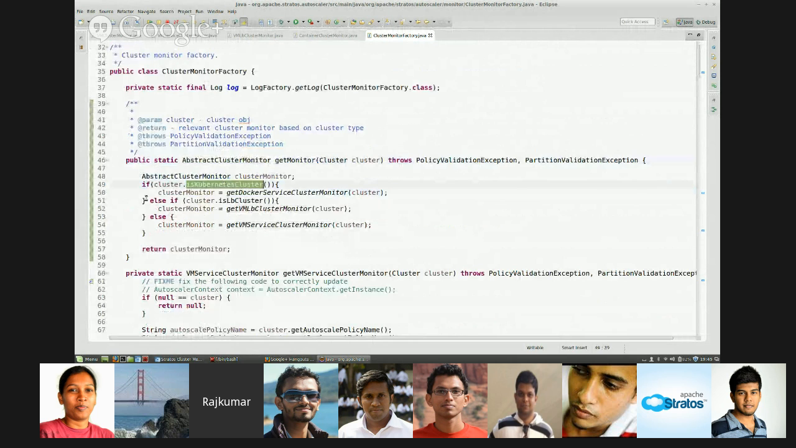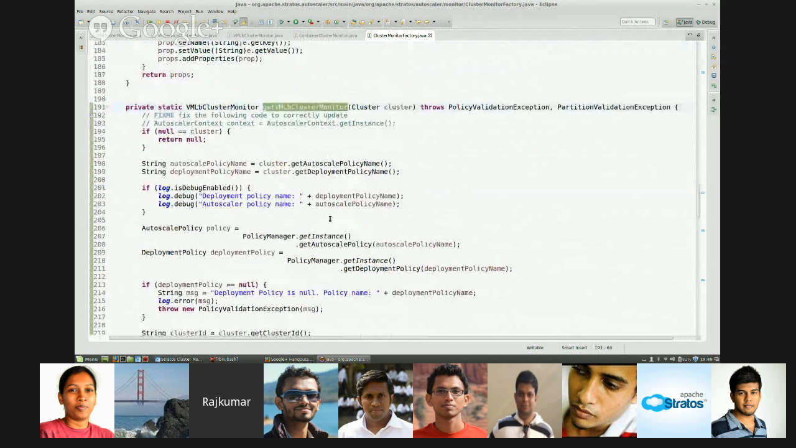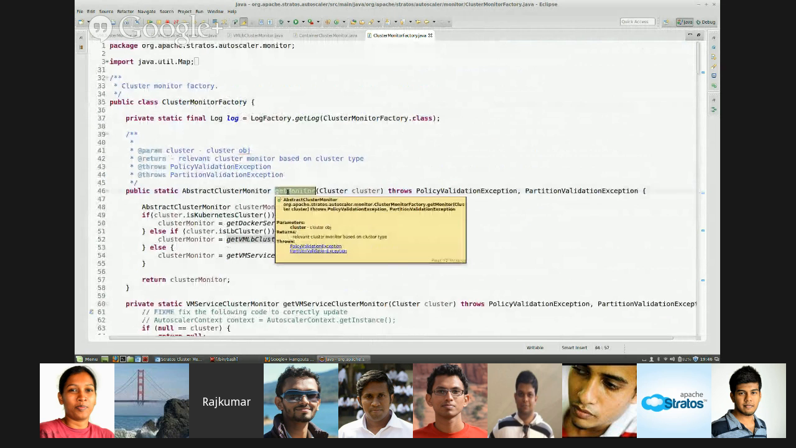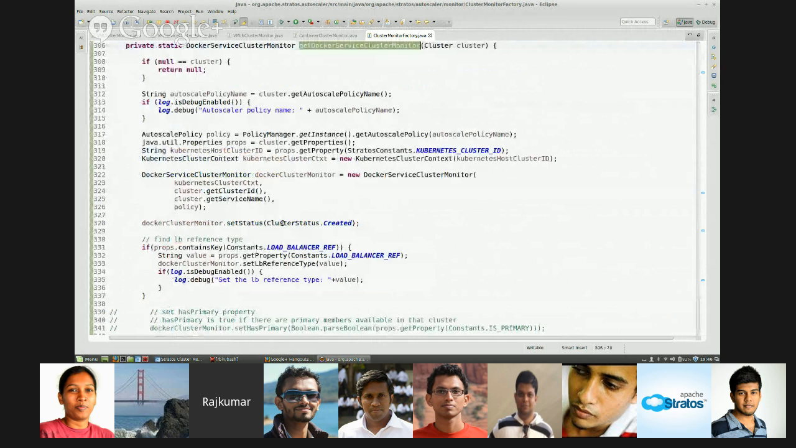If the cluster is a Kubernetes cluster, we return the Docker service cluster monitor. If it is an LB cluster, we return the VM LB cluster monitor. Otherwise, we return the default one, the VM service cluster monitor. These two methods were already there, but we just moved them into the factory class, and we are calling them from the get monitor method. And the get VM LB cluster method was already there, and this is the new method,